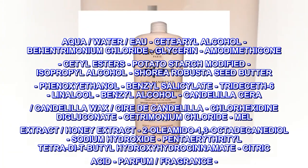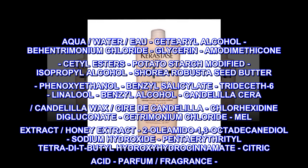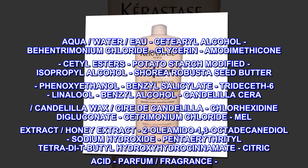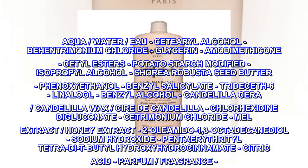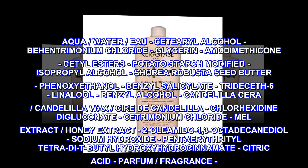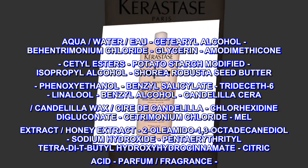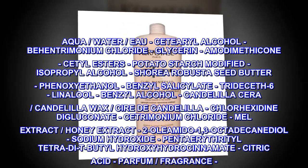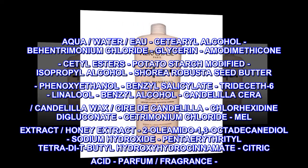Ingredients: aqua (water), cetearyl alcohol, behentrimonium chloride, glycerin, amodimethicone, cetyl esters, potato starch modified, isopropyl alcohol, Shorea robusta seed butter, phenoxyethanol, benzyl salicylate, trideceth-6, linalool, benzyl alcohol, candelilla cera, candelilla wax, cera de candelilla, chlorhexidine digluconate, cetrimonium chloride, mel extract, honey extract,